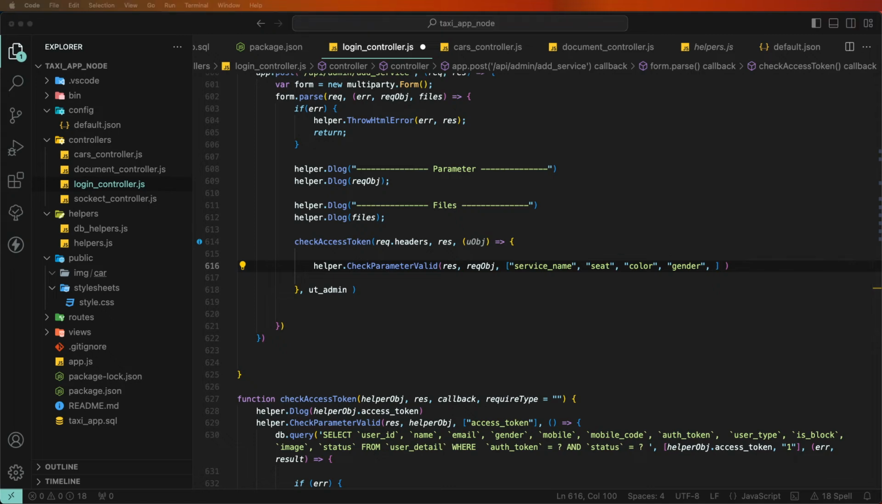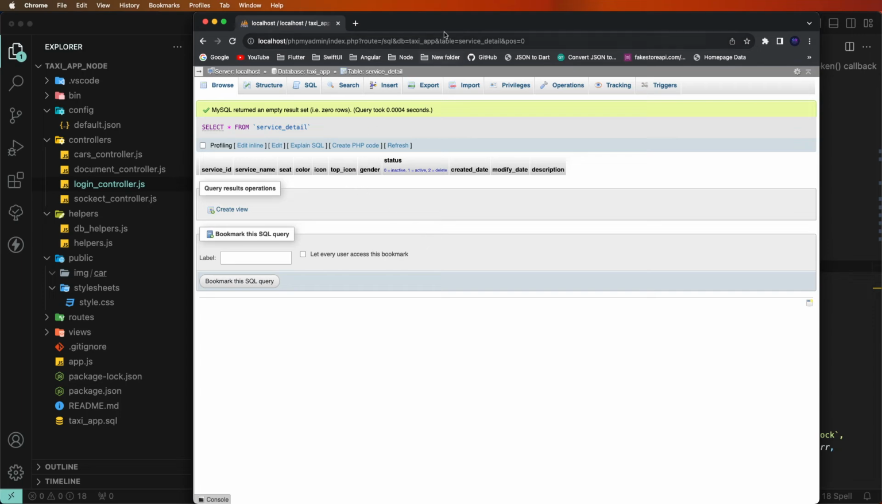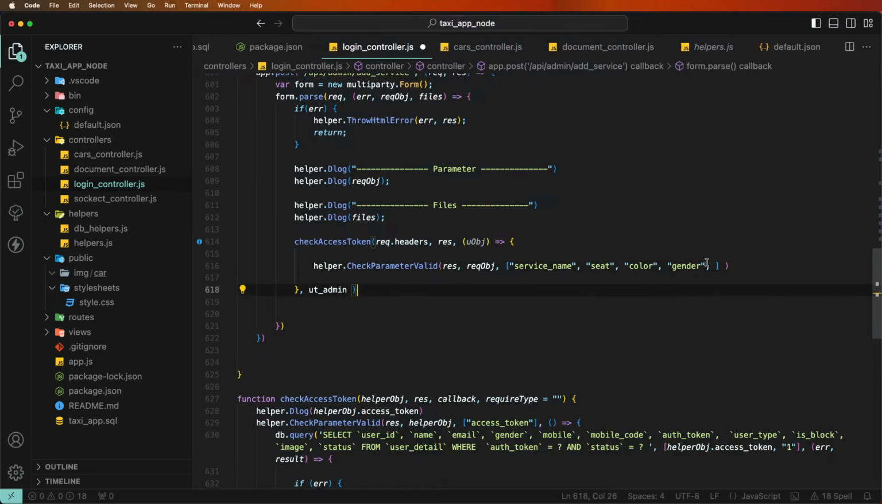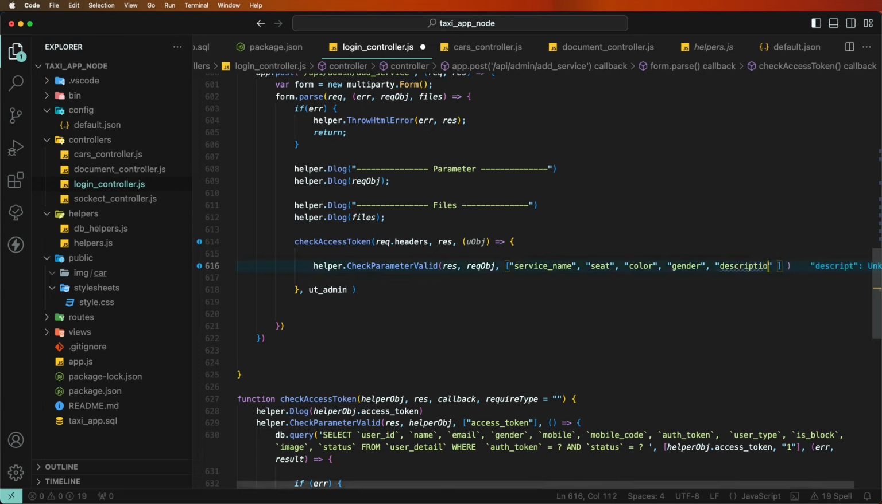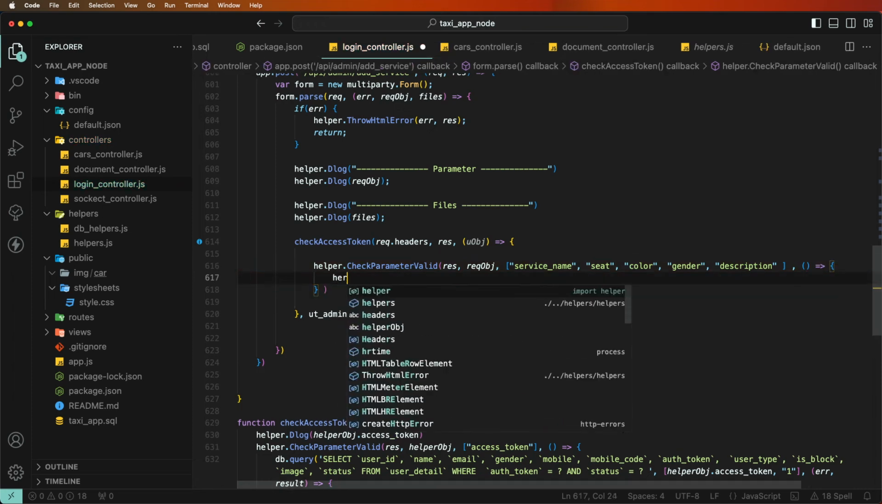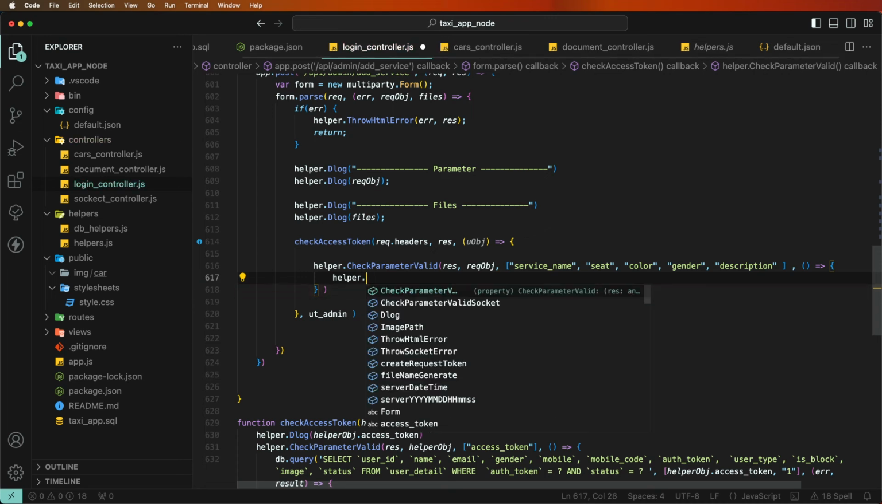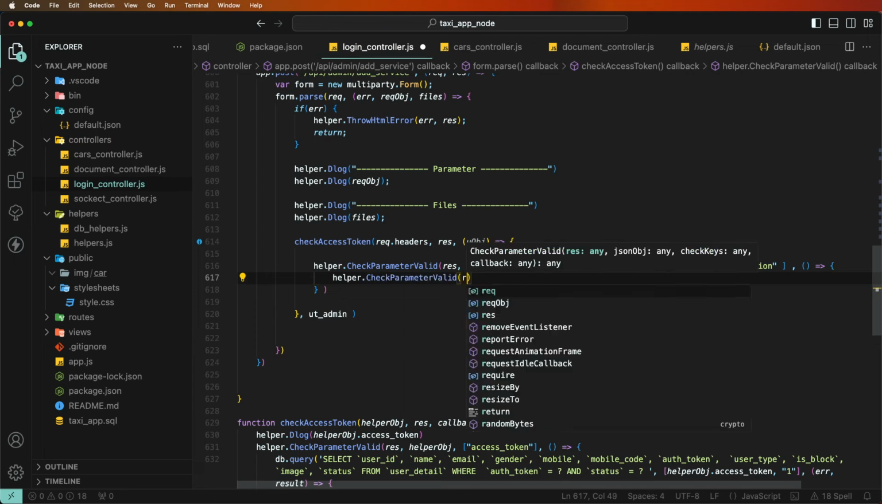Also we need to check inside the database tables whether the genders are available or not, yes available, and then the description of the service. These are the parameters we need to check. If valid, then go to the function operators and call back returns. Another function needs to check the parameters for the image, the image check validate,